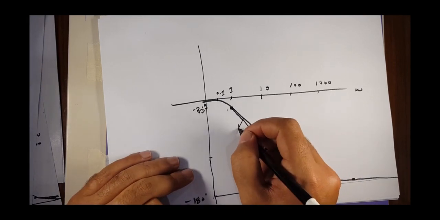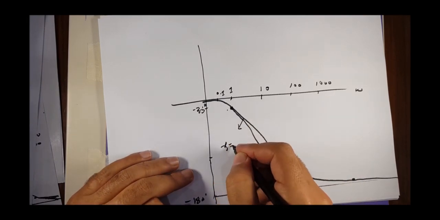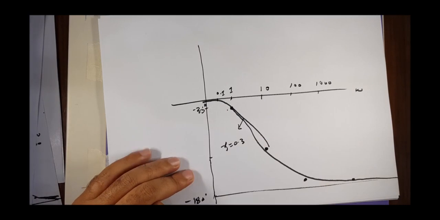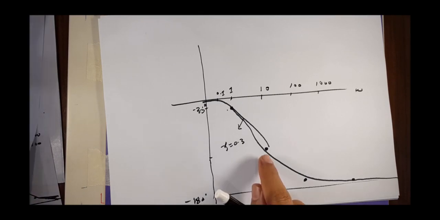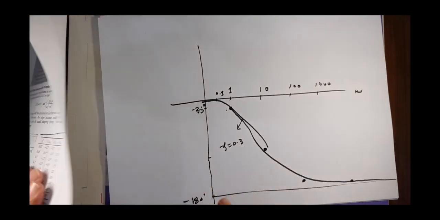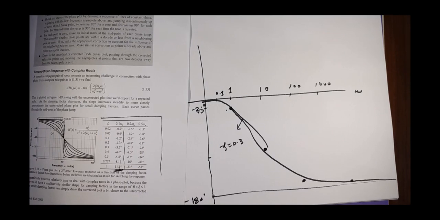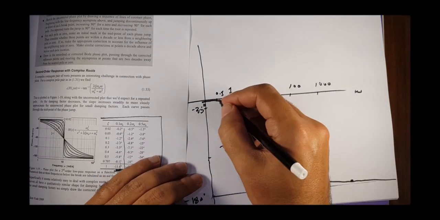Remember that this line is zeta equal to 0.3. Now pay close attention that as we increase this value of zeta, this plot will go straight